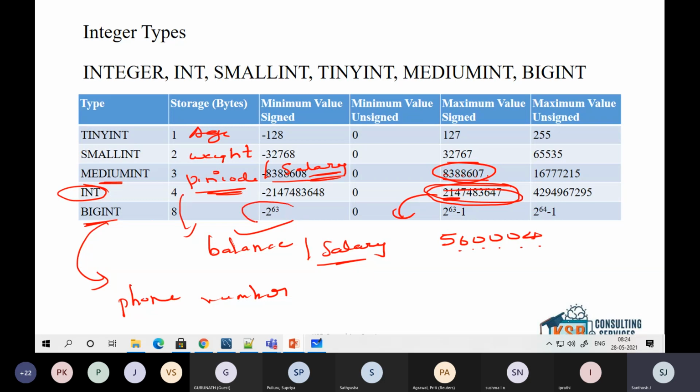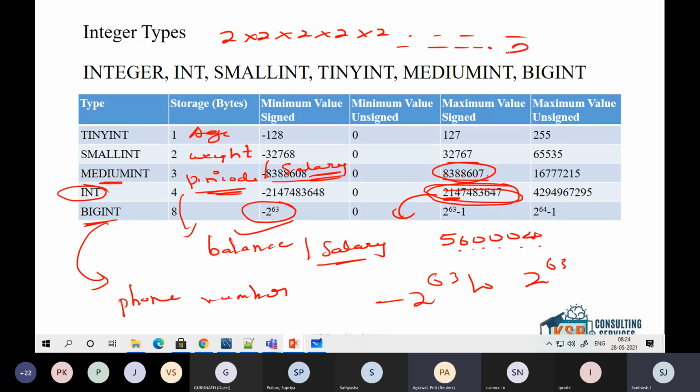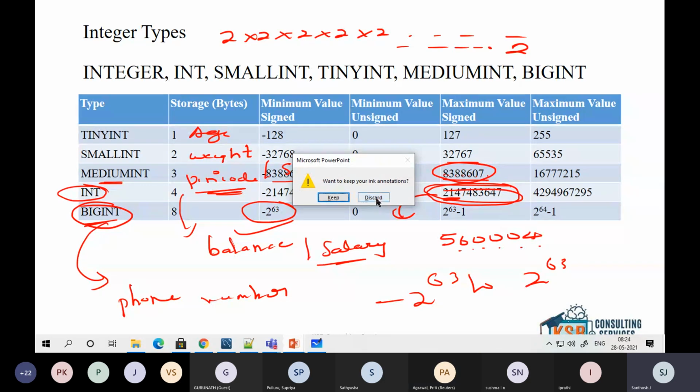For big int, it's not even measurable. Minus 2 to the power of 63 to 2 to the power of 63 plus 1. That means it will be 2 into 2 into 2 into 2 into 2, until it is going to be 63. This is how you can store it in a big int. Okay. Now why I'm telling you this is